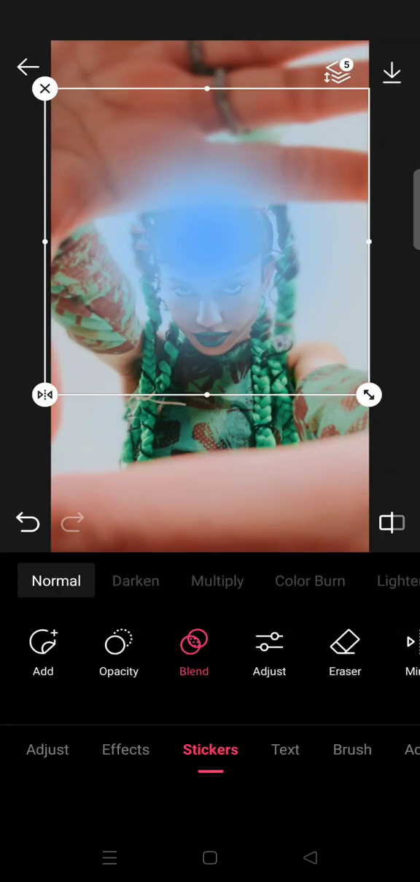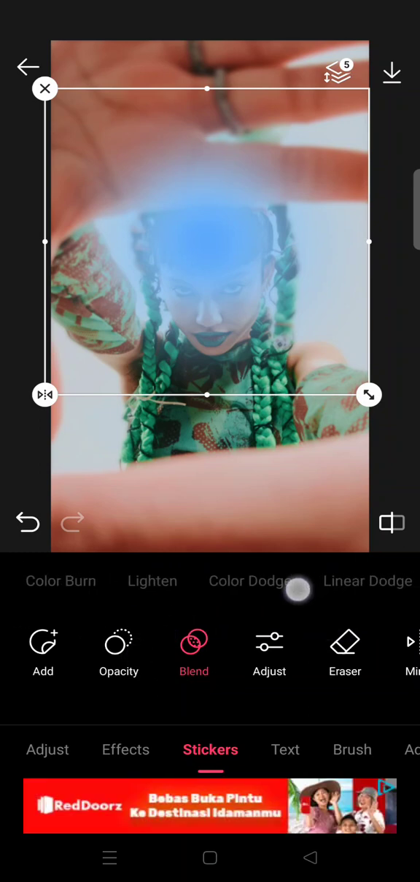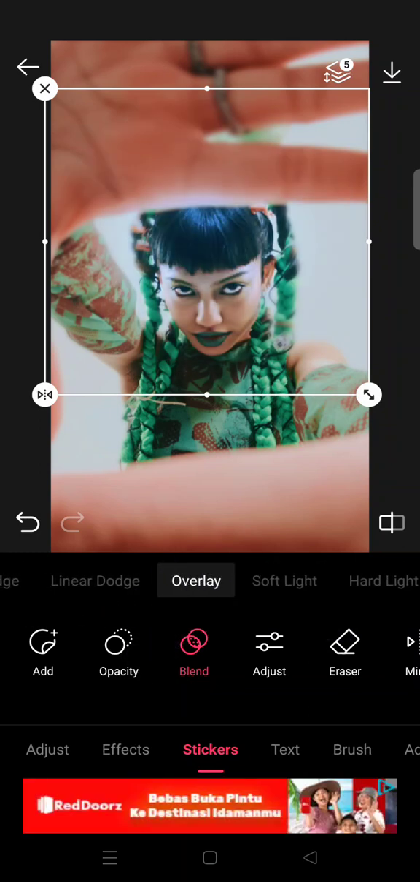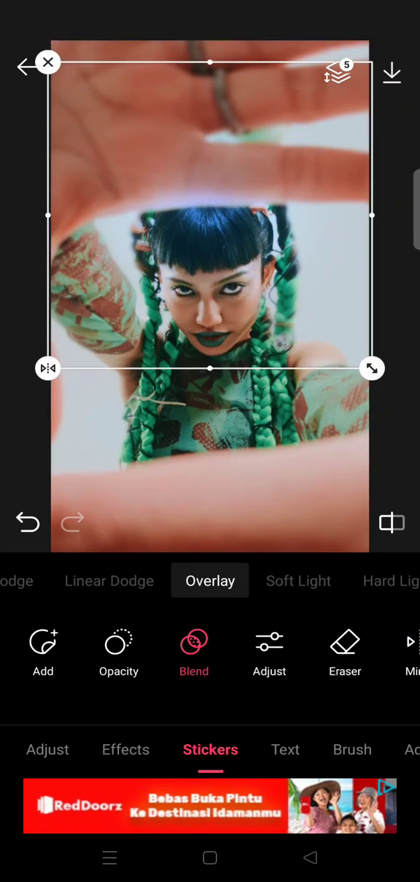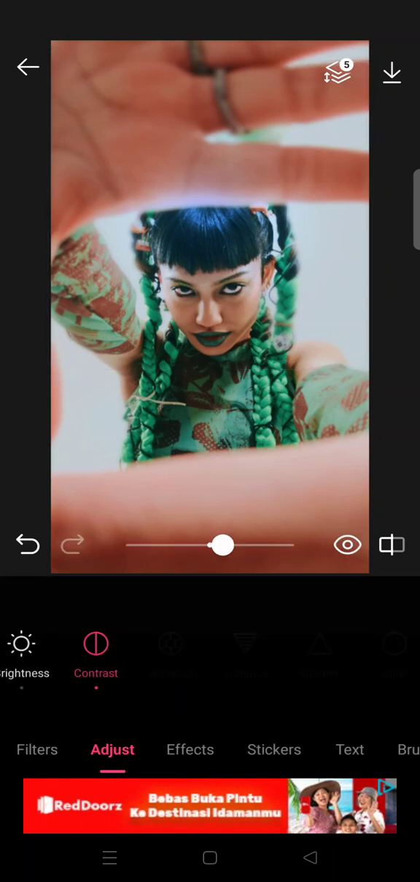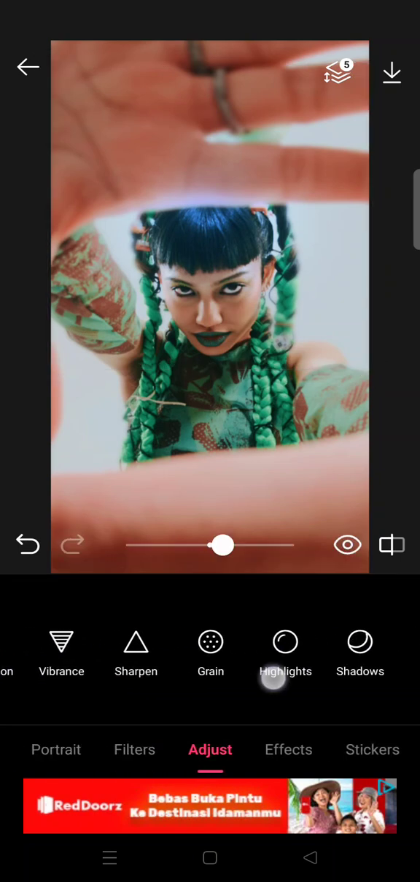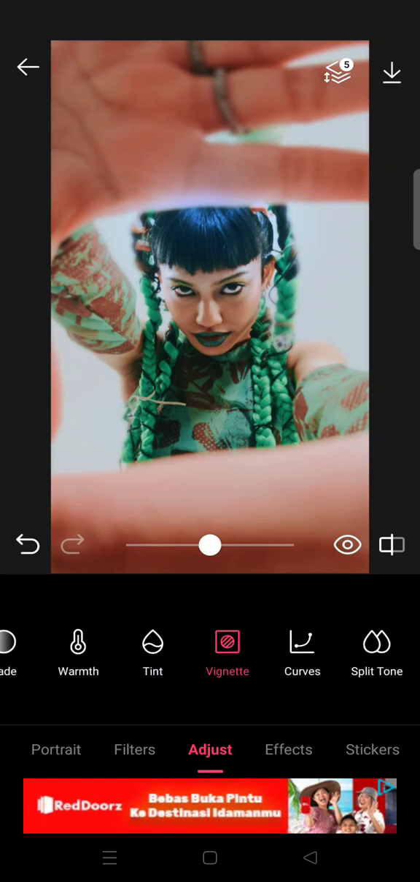go to blend and choose overlay, this one. Okay, adjust it, and next go to adjust and add some vignette effect, this one. So add some vignette effect to your photo, and then after that go to effect,